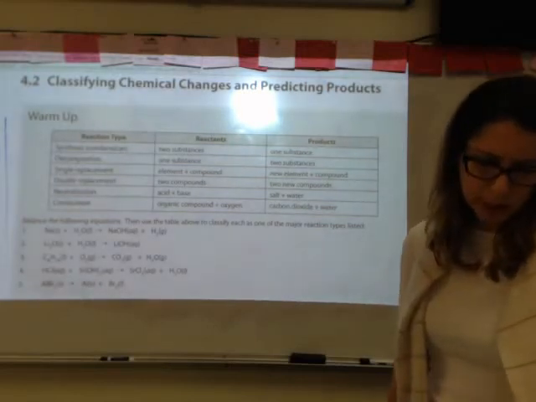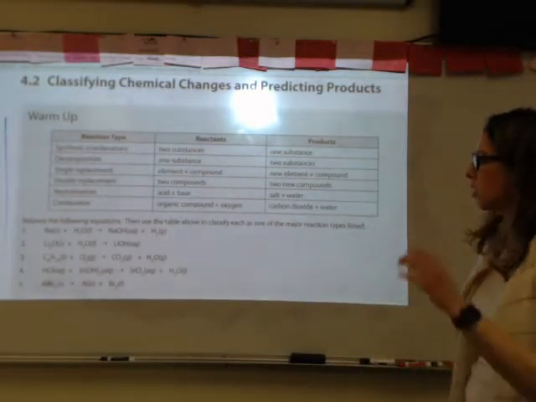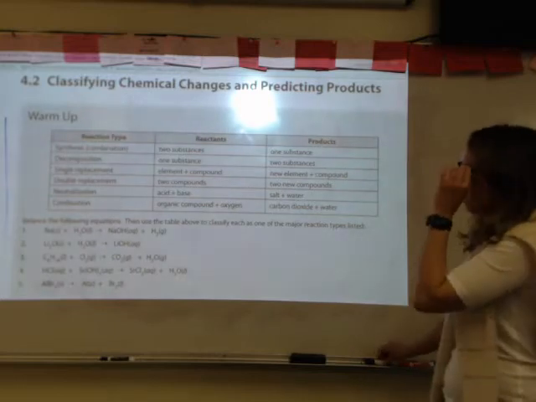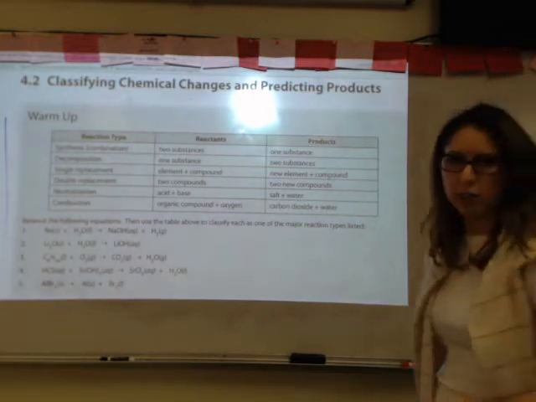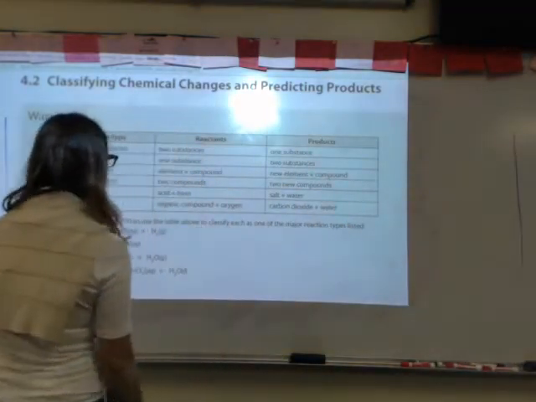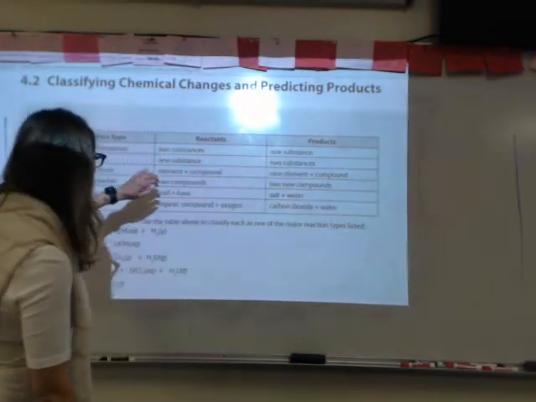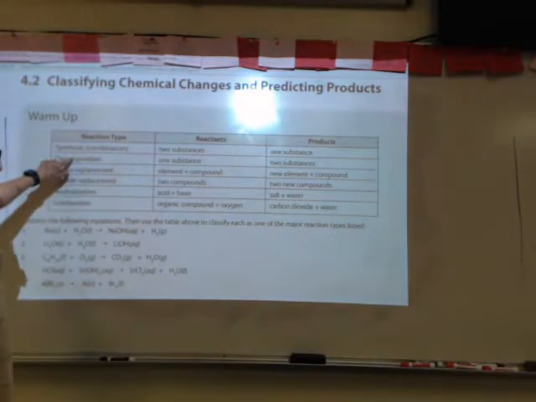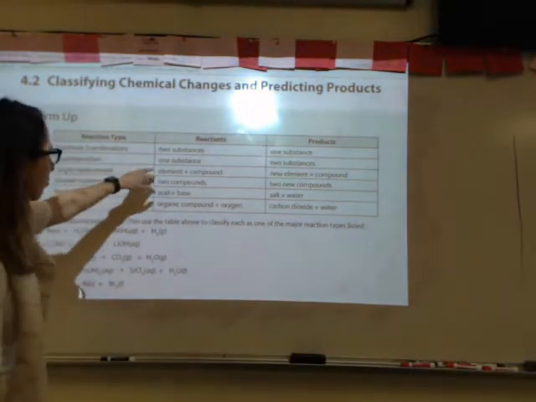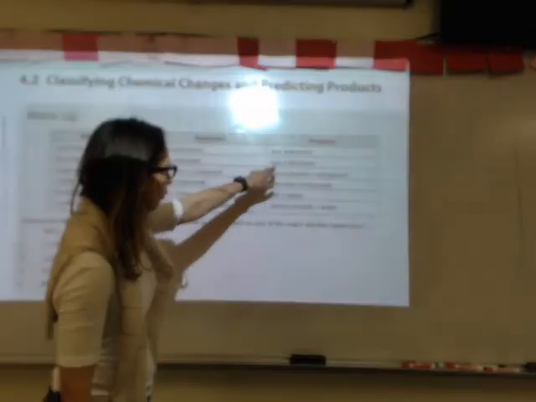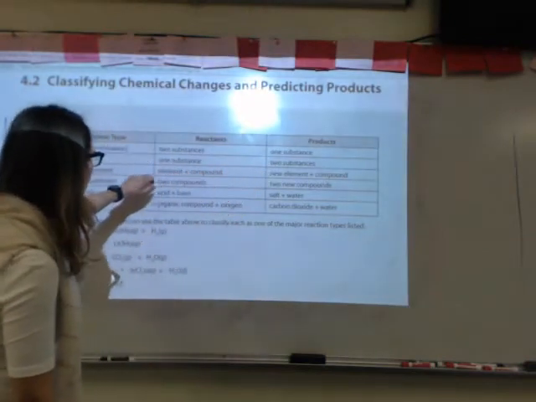All right, let's take a look at classifying chemical changes and predicting products. In the warm-up, we have different types of reactions. We have a synthesis or combination reaction where I have two reactants coming together as one product. Decomposition is the reverse of a synthesis reaction where I have one reactant decomposing or breaking apart into two different